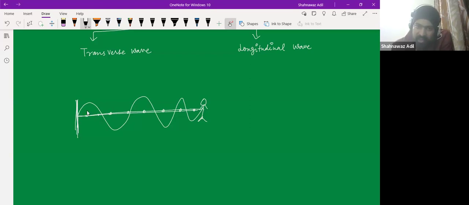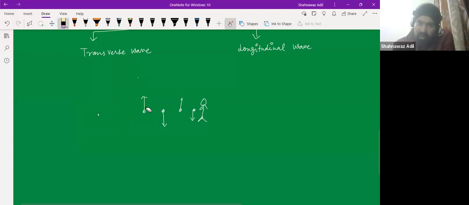But if these ropes are moved like this, so the particles are moving in this way, right? So these are the particles, and this is the particle, right? So this is how the particles are. Let me make this diagram in this way, right? So draw it from this. So we have this is the transverse,